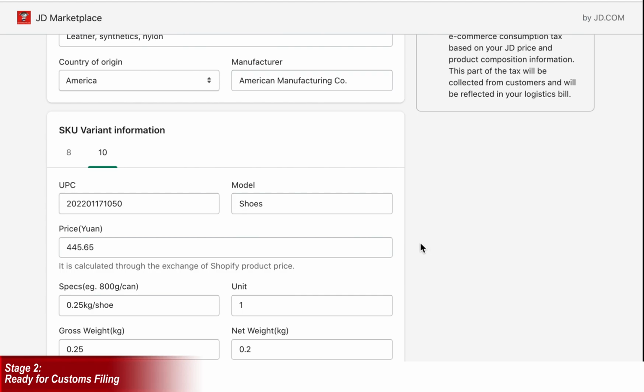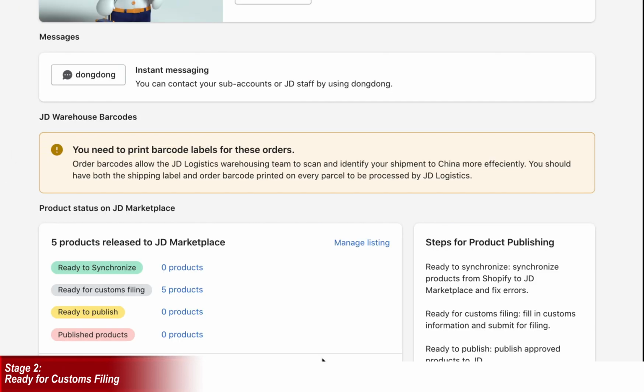And then, when you go back to the overview section, after you submit, you will be able to clearly see once your product has moved from customs filing to ready to publish. This will mean the Chinese customs officials have approved your product. Then you'll be able to go to ready to publish and to select the products that you want to list live on JD Marketplace. So we're now going to go back to the listing section and discuss how to do